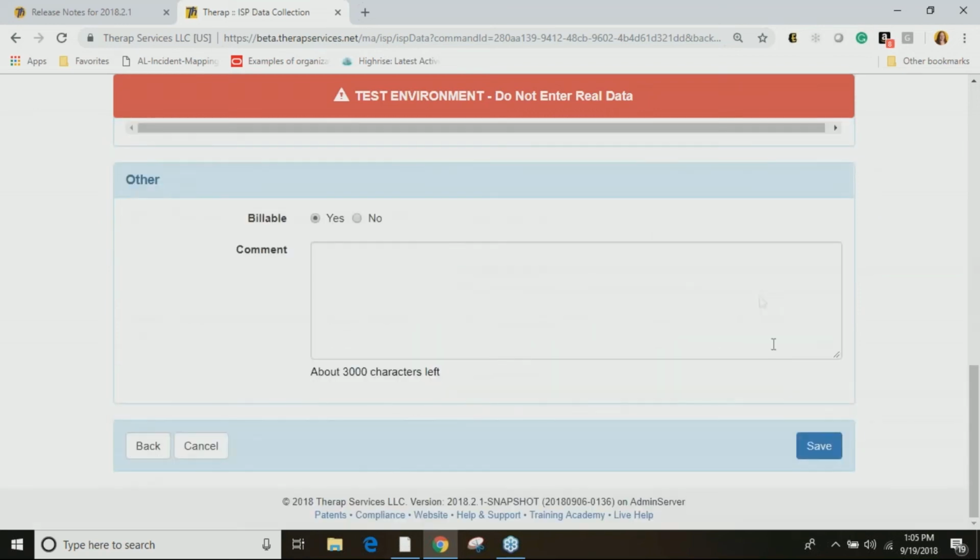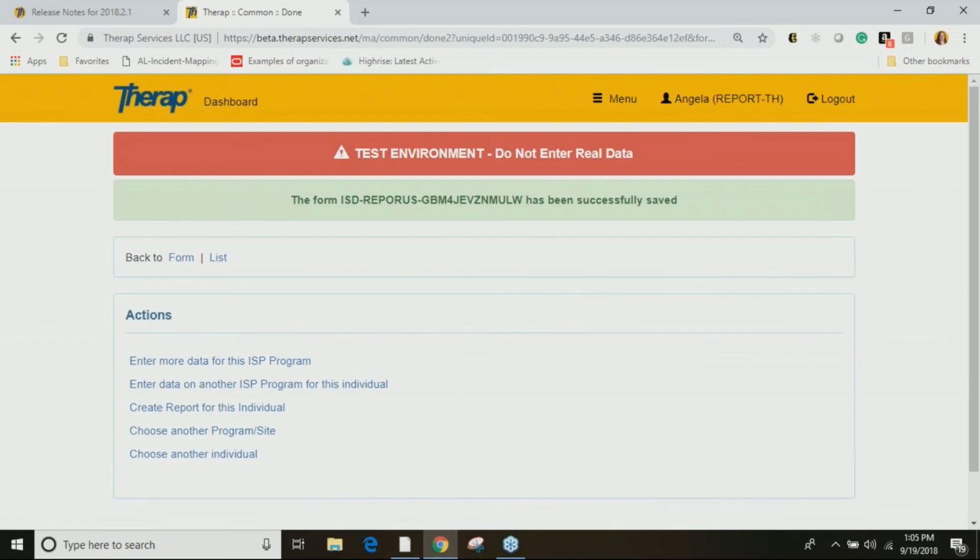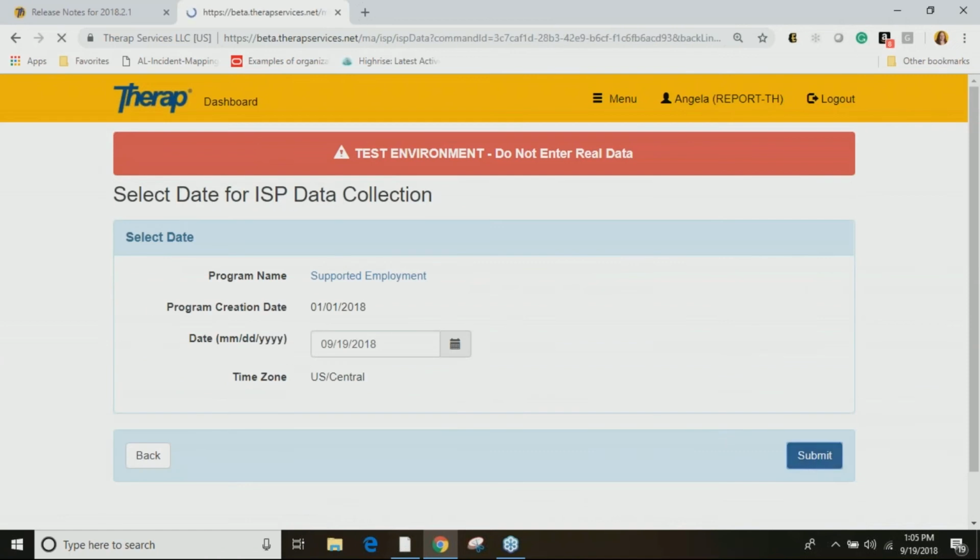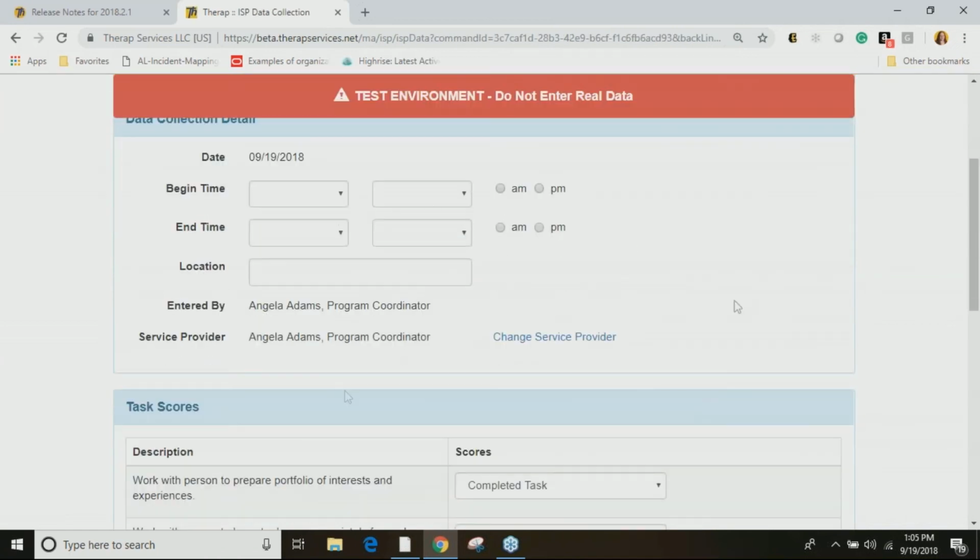I'm going to go ahead and submit this so that in a minute we can take a look at the report. I'm going to go back in and enter some more data for this, because the other thing that's changing with that midnight hour is if you're not doing the whole day, but a partial day. For example, if I started with the individual at 7 p.m. and worked overnight, I'd put the next day on the next entry.